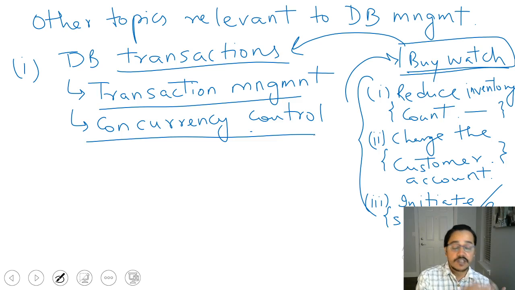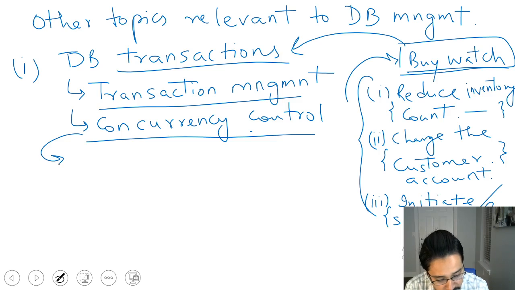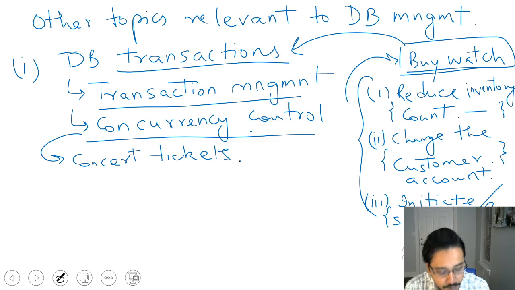then there could be a chance that multiple people are trying to access the same database resources concurrently at the same time, right? So think of another example here. In order to understand concurrency control, let's say you're buying concert tickets. That means there is a limited amount of resources that multiple customers are trying to grasp, and they will be coming to your website and trying to pick that particular seat that they desire,